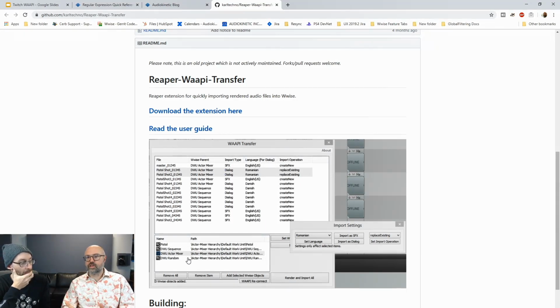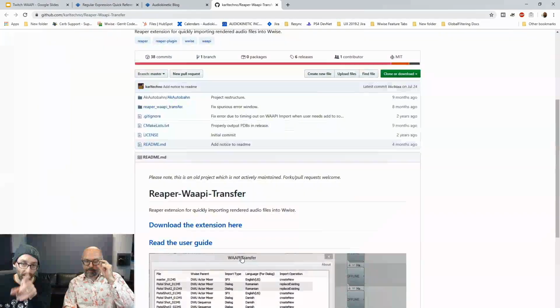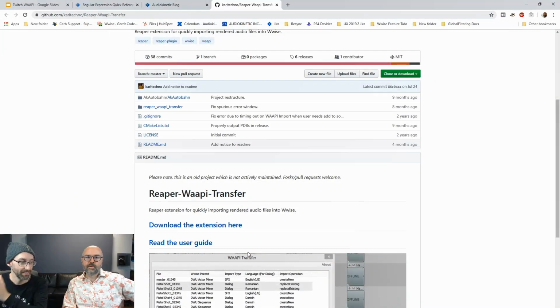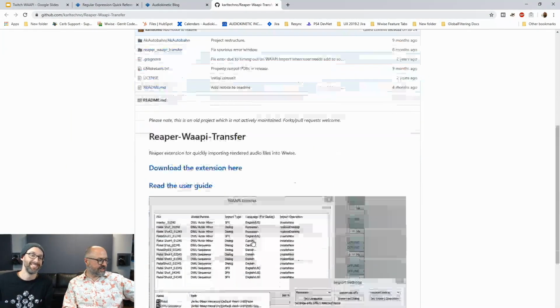But this is, as we move forward trying to enable the bi-directionality between Wwise and other applications, pushing one way is great. It gives you that fast path to integrating content that you've created. And the other aspect of that is from Wwise being able to go back to that DAW project and author in place. And thanks to Carl Davis, who is the author of this great program. Awesome.